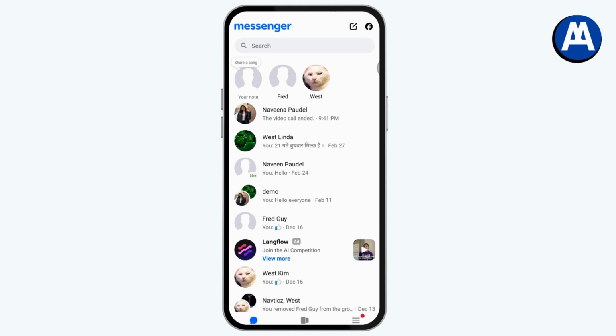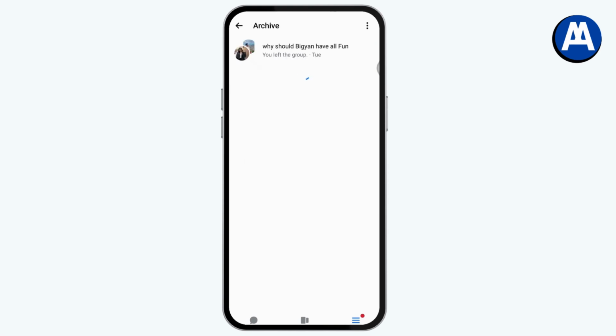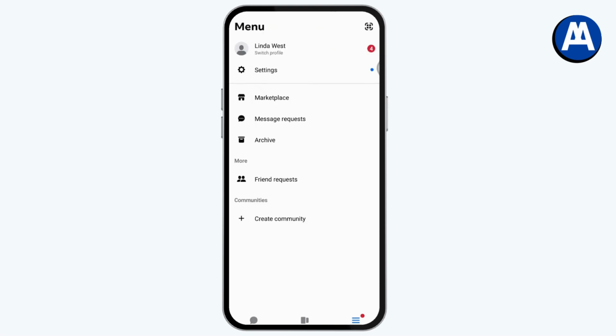So you just need to go to the bottom right, which has the three horizontal lines, and then you can see the archive option. Tap on archive, and here you may have your left groups or just deleted messages. But if you don't find it in your archive, then you need to go with the conversation. If the conversation that you're looking to recover was not in your archive and was deleted, then we have another